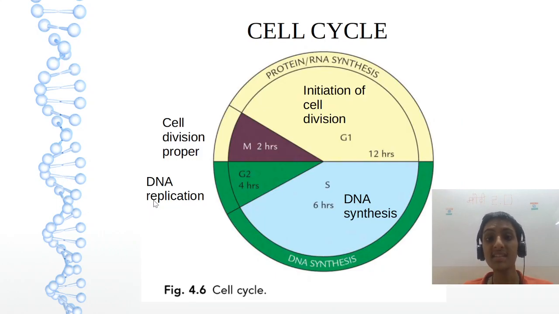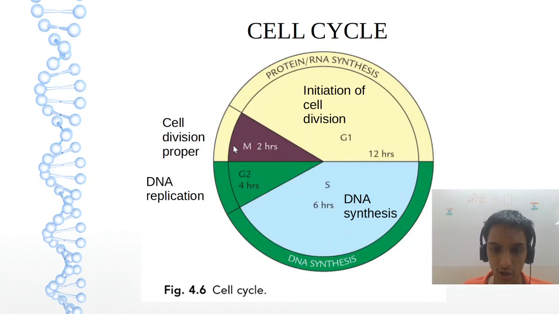Now let us go with the cell cycle. What is the cell cycle which we are seeing here? What are the phases we will see? G1, S, G2 and M phase. Okay. So what is the duration we will see? G1 is 12 hours. Half of that will be the S phase. 1/3 of G1 will be G2. Okay. And 1/3 of S will be M. Time duration I'm talking about. Okay. We'll see what is happening.